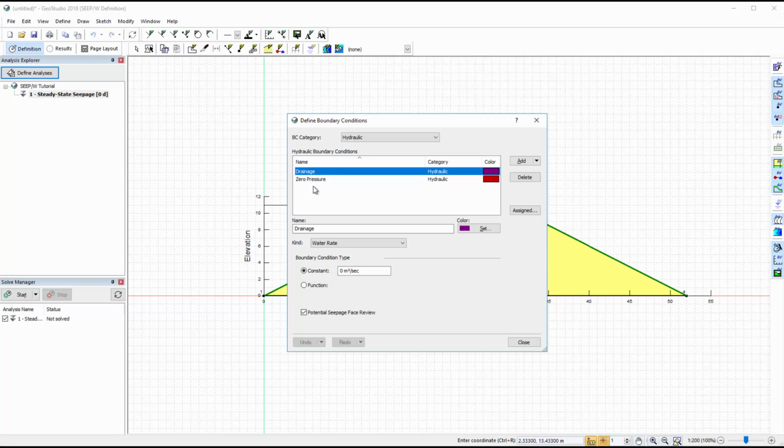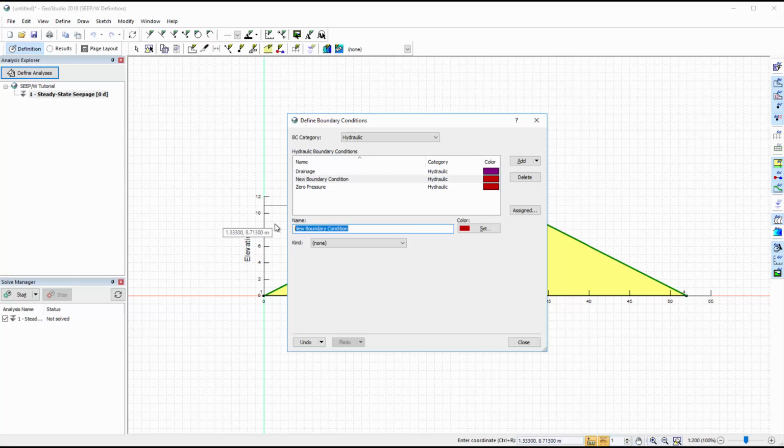The solver uses an iterative procedure to locate the nodes where the pressure is greater than 0, reassign the pressure at these nodes to 0 kPa, and determine the corresponding flow out of the domain. The zero pressure boundary condition applies a constant pressure of 0 kPa or a constant pressure head of 0 meters at the chosen nodes. We must add a new hydraulic boundary condition to represent the reservoir level in our analysis.